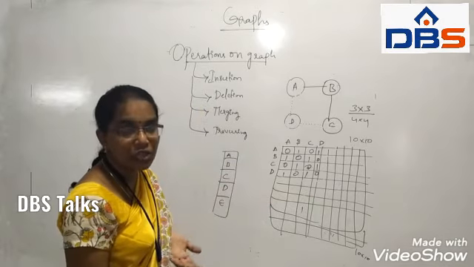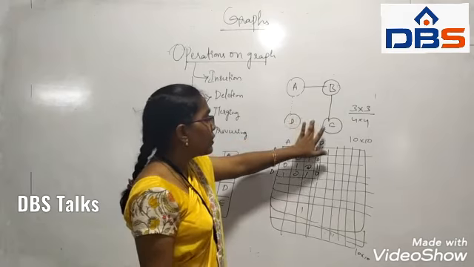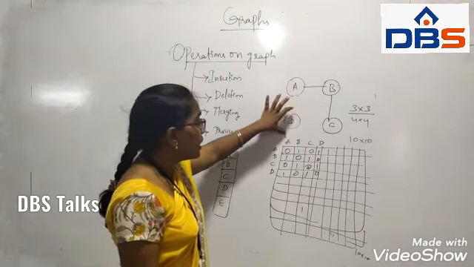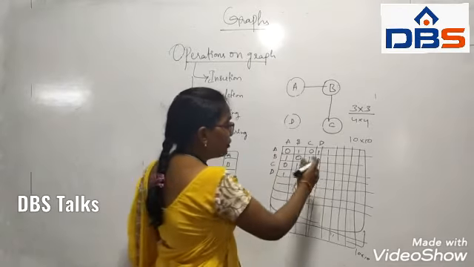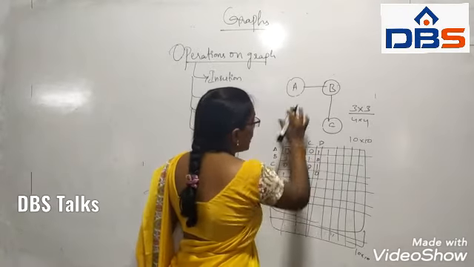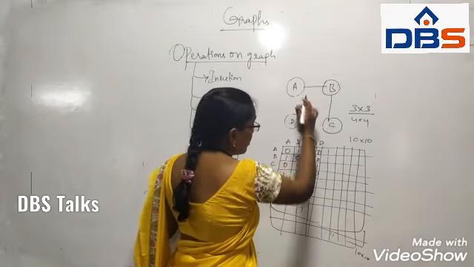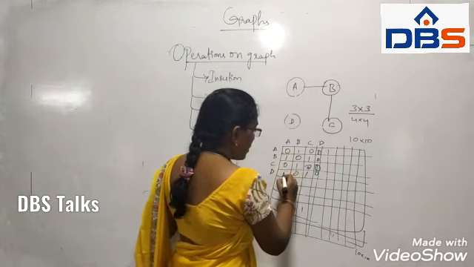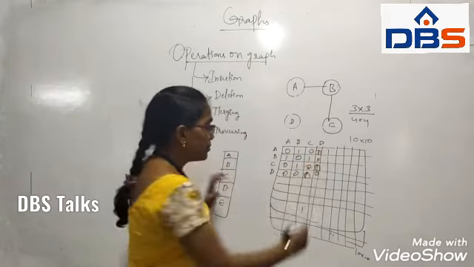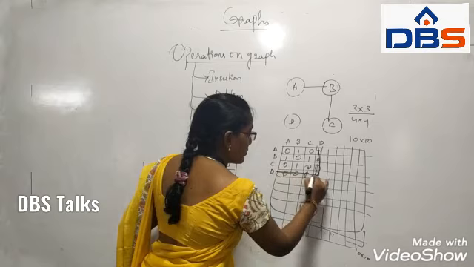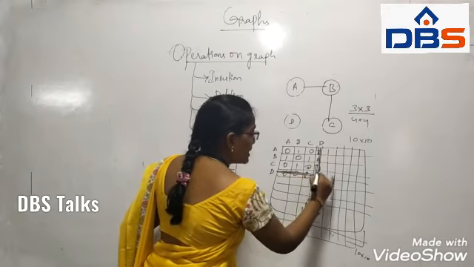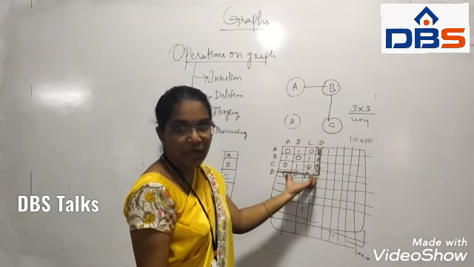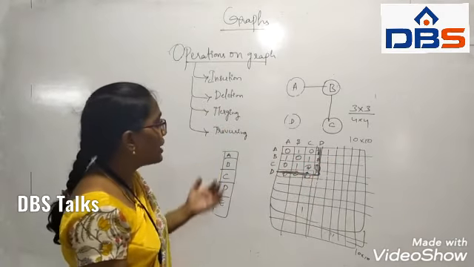If we are going to perform the deletion operation, what do we have to do? Simply we remove the link between these. If you want to delete this particular node D, then here we have to make these entries 0. A to D becomes 0, B to D we don't have, C to D becomes 0. This all becomes 0. See, in the memory itself we make all these places 0, so that vertex is automatically deleted. Okay.